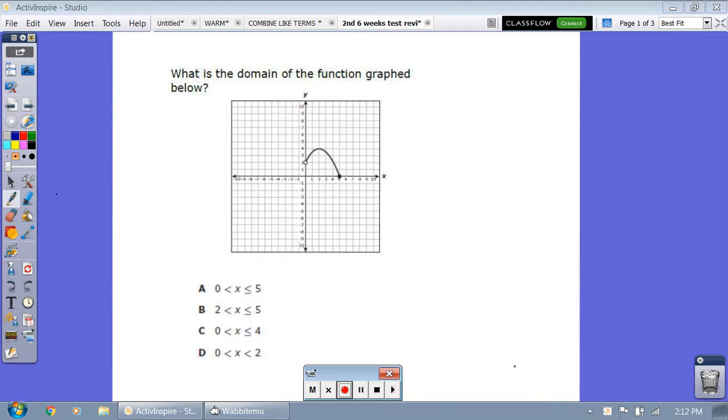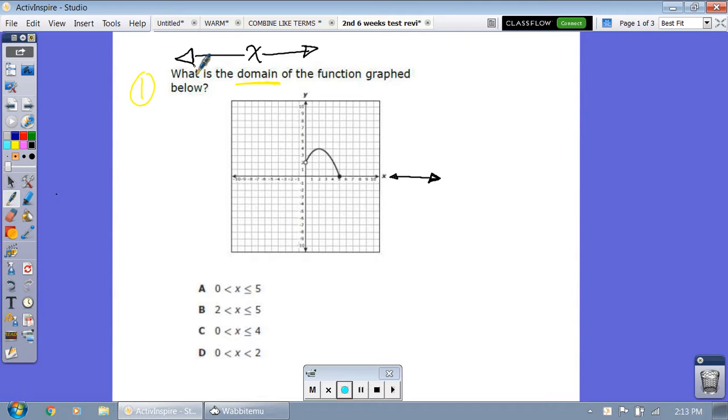Okay, let's look at our test review here. This is going to be question 1. What is the domain? So domain is asking what is the x, or the values of x. Well, the x-axis is right here. If this is your x-axis, it's asking you how far left and right does this graph travel in the